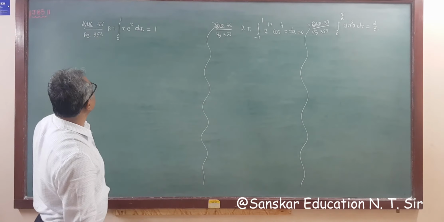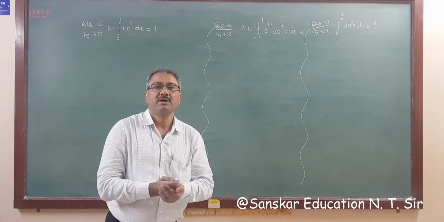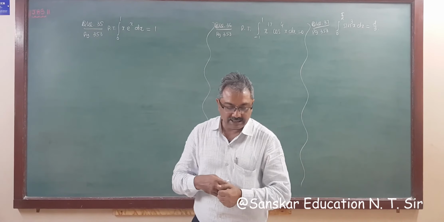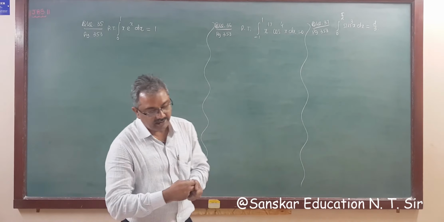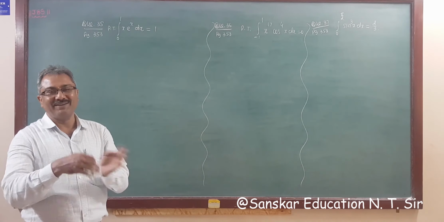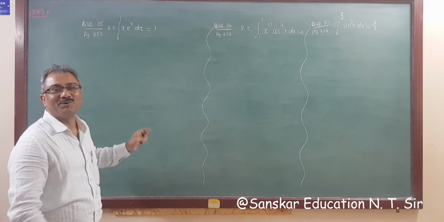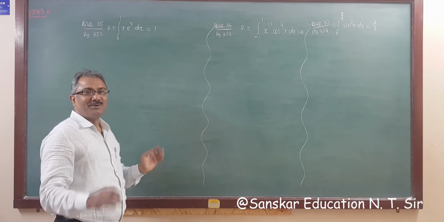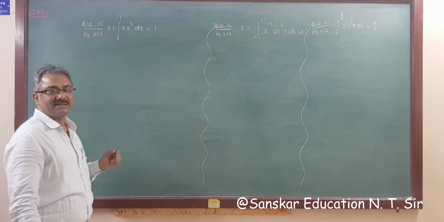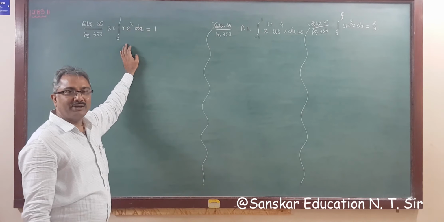So next question is question number 35, 36 and 37. We are skipping question number 32. We did up to 31. So 32, 33 and 34, because they are lengthy questions, and if I am going to solve them in this video, then the video will become more than 30 minutes, right? For a small video, I am taking 3 small questions. Okay, so we are solving question number 32, 33 and 34 in the next video.